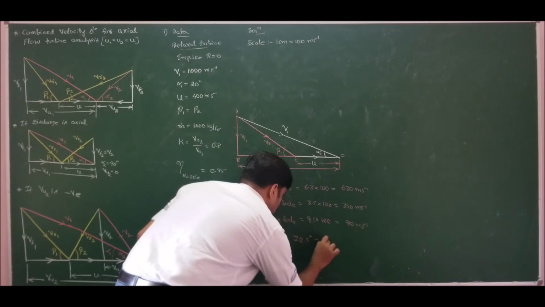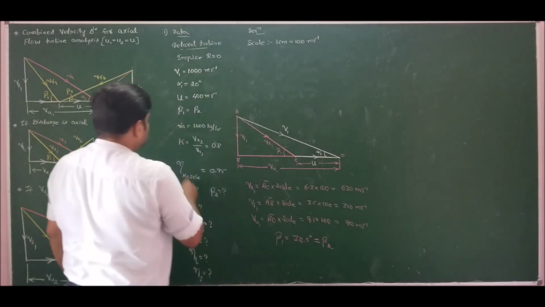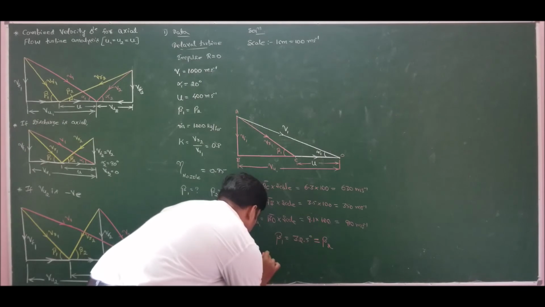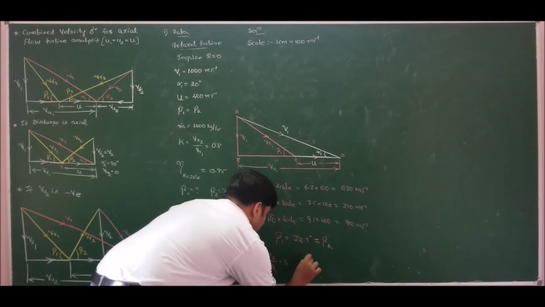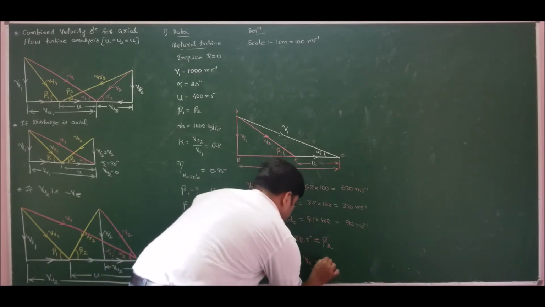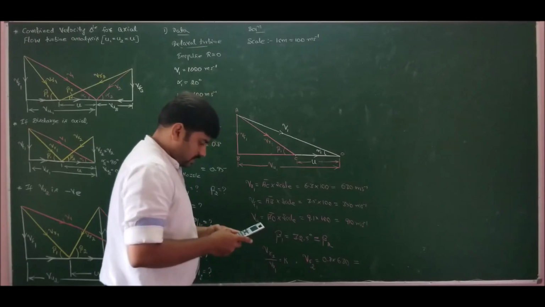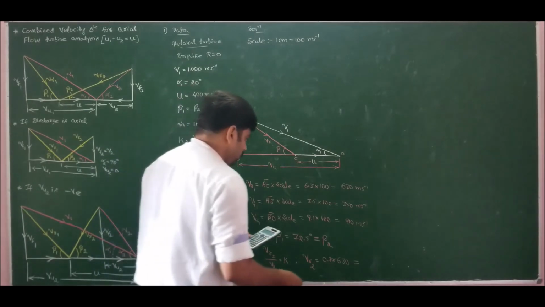Which is equal to beta, given, and also we have VR2 by VR1. So therefore VR2 by VR1 is equal to K. Hence I will get VR2 as 0.8 times 630. That is 0.8 into 630, which is equal to 504